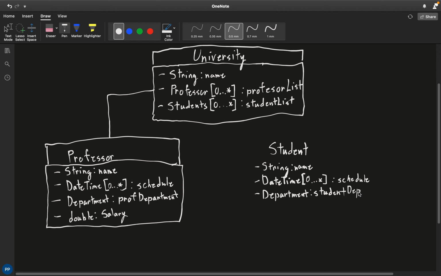Which we'll call student department. We're not paying the students. Students do have tuitions, though, which we will also call a double. What am I missing? Yes, they also have some number of credits they have completed. So we'll say int